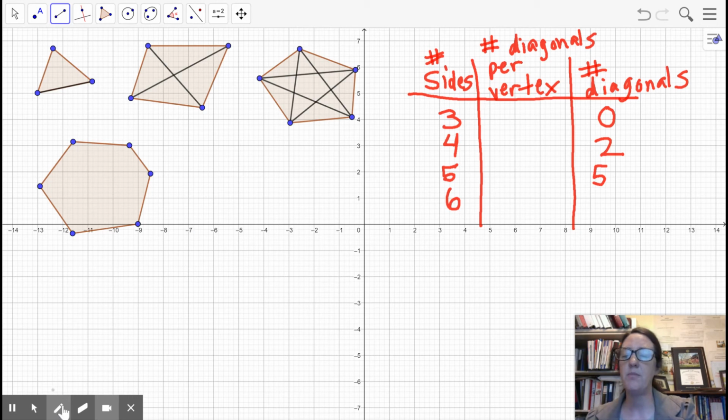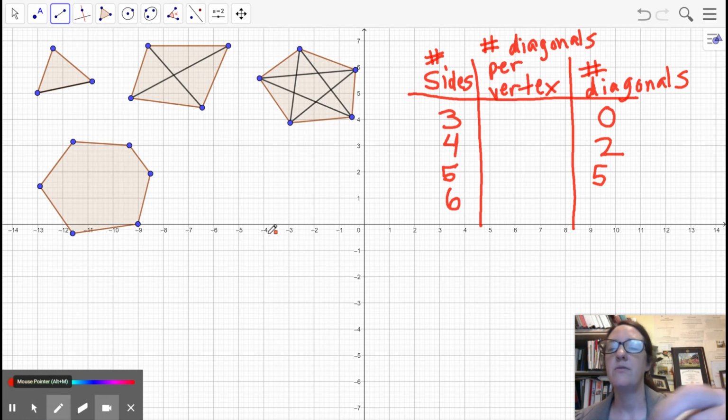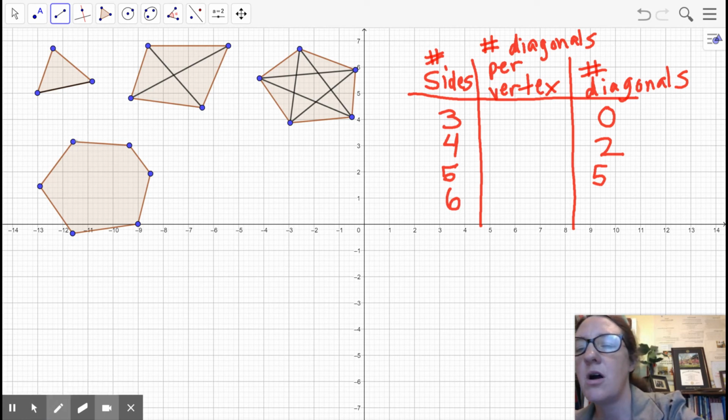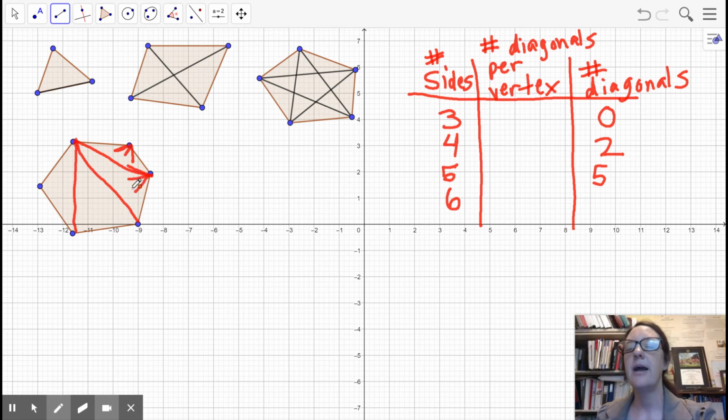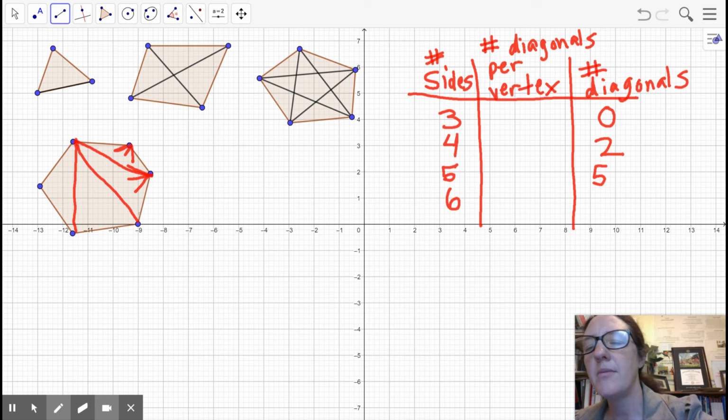Let's look at how many diagonals there are per vertex. So we can draw 1, 2, 3 for the first vertex, and we could draw 3 for the second vertex. But when we get to the third vertex, there's some overlap. There's already 1 drawn. So yes, there will be 3 diagonals at the vertex, but there's some overlap,